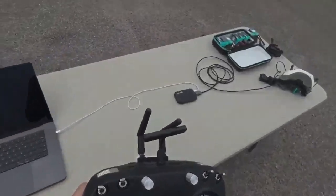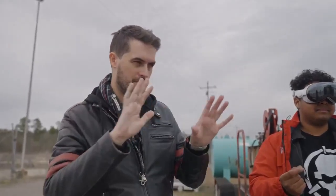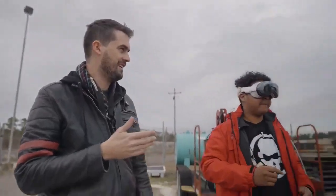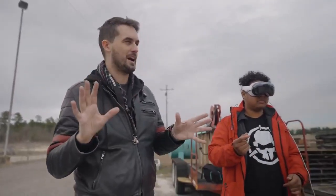These are not made to be really shared. The way that you view this is very precisely controlled. It needs to be calibrated for the size of your eyes, the spacing of your eyes, the shape and size of your hands, everything. So if I try to hand it to Bubby and let him log in as me, it wasn't really working as well. So now he's got to recalibrate. It's kind of annoying that every time you want to show it to someone, if you want them to get the best possible experience, they got to